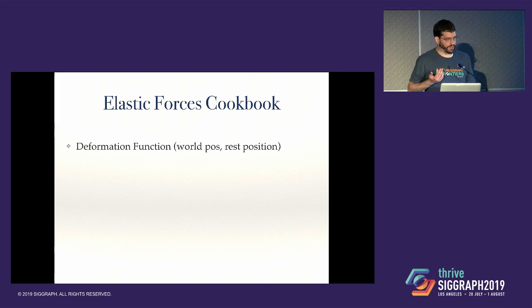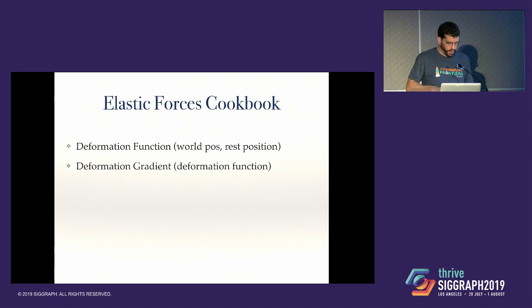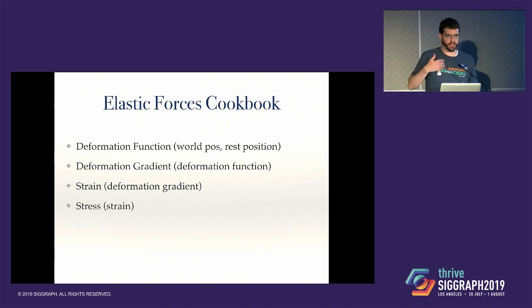We come up with some deformation function, which is a function of the world pose and the rest position. We compute the deformation gradient from this deformation function. We then compute the strain, which is a function of the deformation gradient. Remember, the strain is this dimensionless quantity that describes how the shape has changed. We come up with the stress, which is a function of strain, and this is where the magic comes in for material